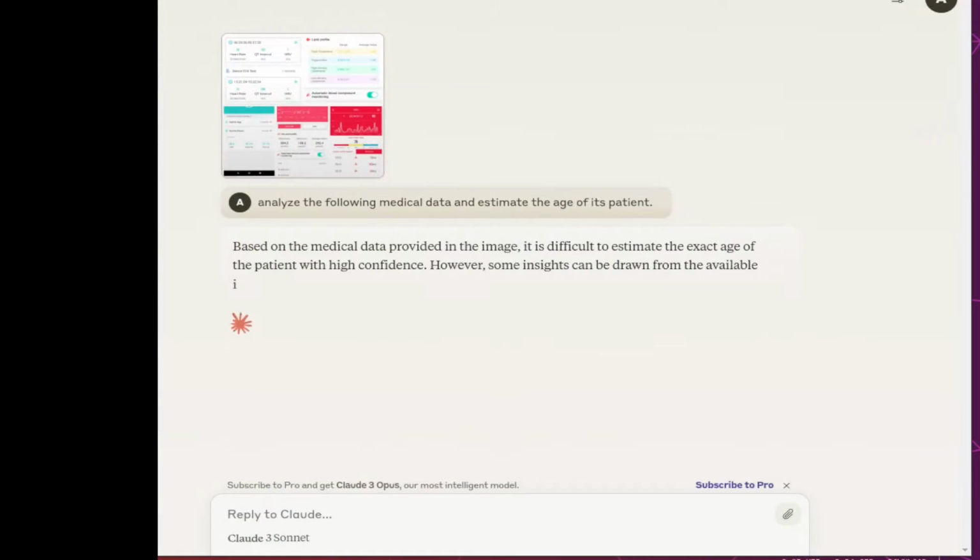So I'm gonna ask the AI: analyze the following medical data and estimate the age of its patient. Okay, for some reason I can't type and show you this at the same time, but here we go. So now it's running,